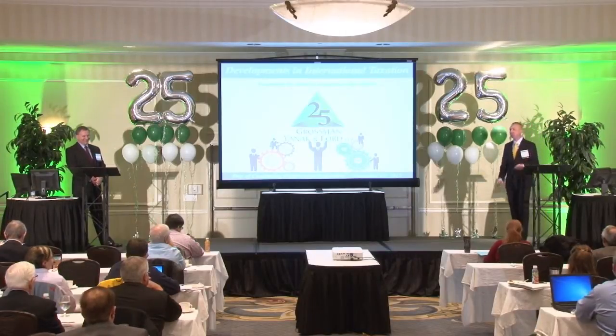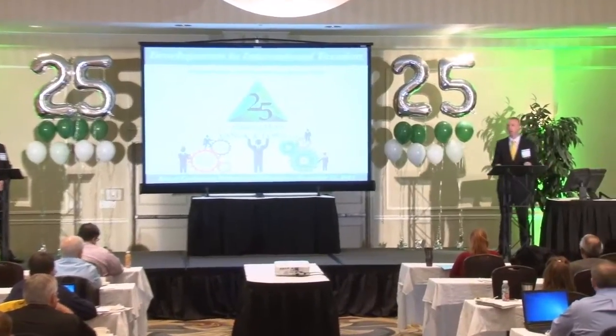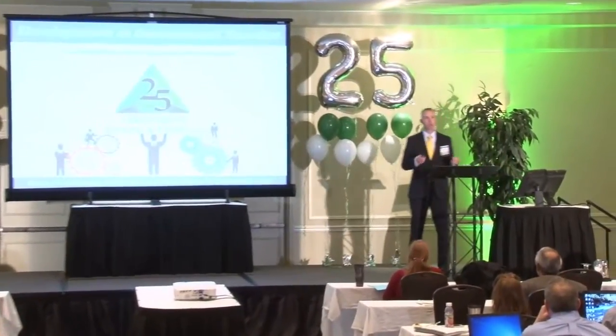There's really 2 types of tax systems in the world today. One being the territorial tax regime, where a specific country or jurisdiction looks to basically tax the income that is earned within their borders. And you compare that against what the United States has, and that is a worldwide tax regime where we tax our citizens, our residents, and our corporations on their worldwide income, no matter where it is